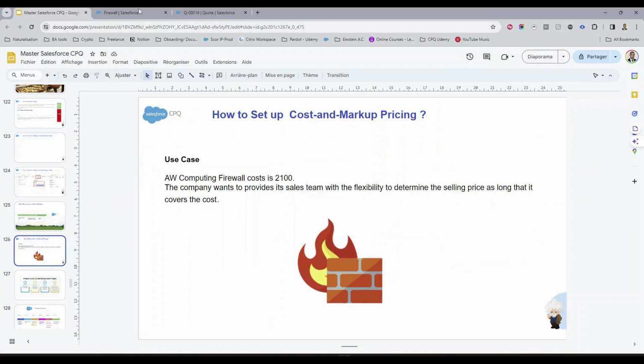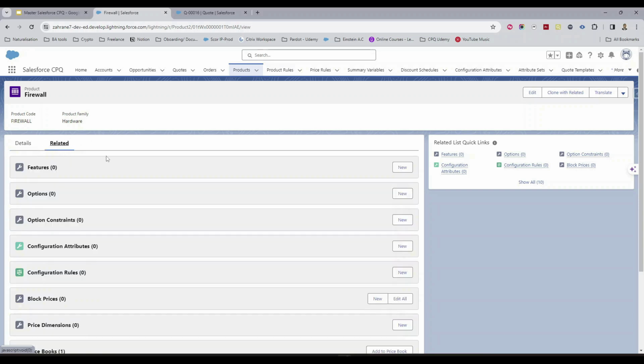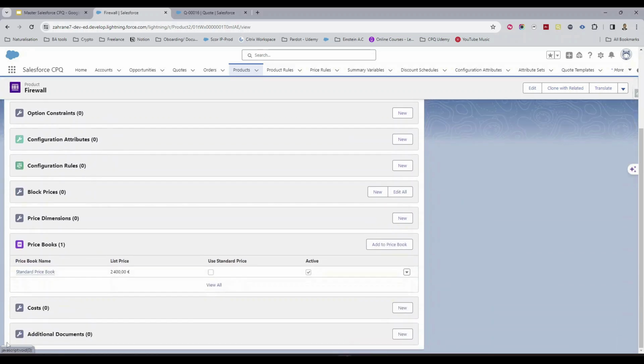So first, to do that, we head to the product tab, and from there you search for the product firewall. Once you are there, you want to head to the related section. In order to implement the cost and markup pricing, we need first a place where we're going to store the cost of the product. Luckily, Salesforce CPQ provides us with the cost object. So once you are here, you hit new,